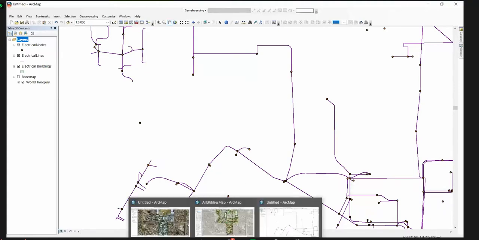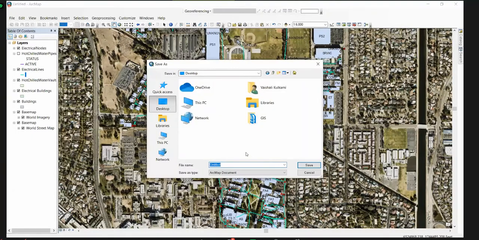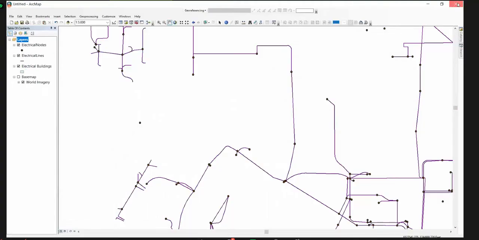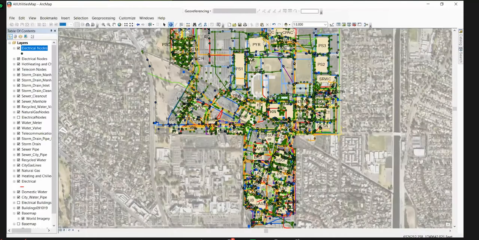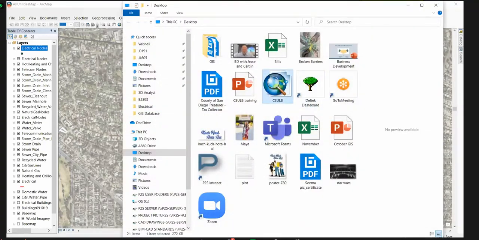So if we go back to the other map we had, if I save this, let me close that map, close that one as well. So if I open this map that I just saved,